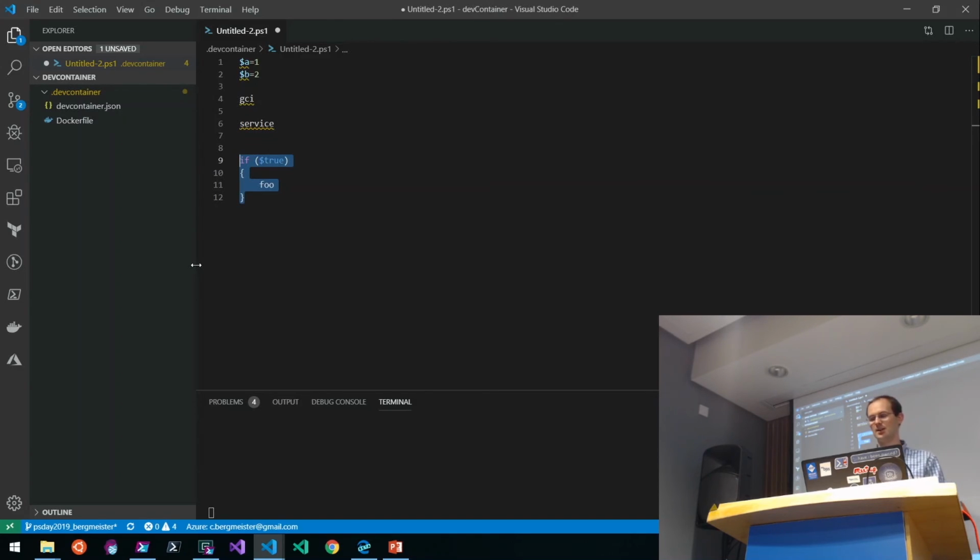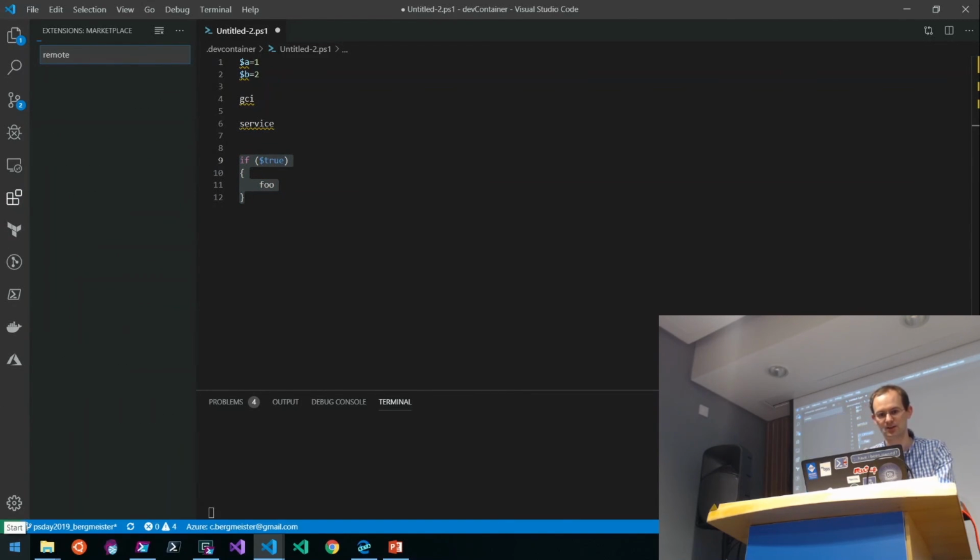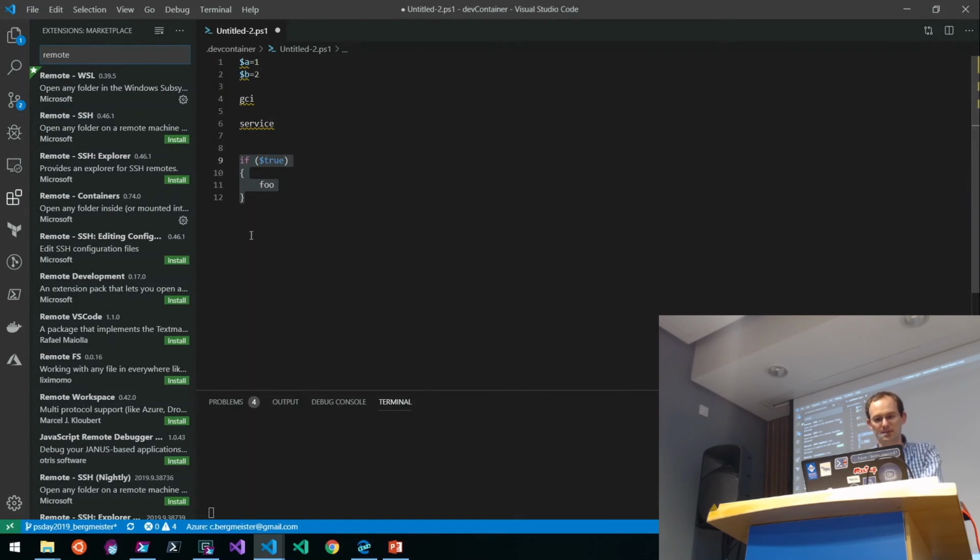And the idea is on your dev box, maybe your dev box doesn't have much power and you're compiling something really hard, or when your code runs, you require something beefy. Maybe you're doing machine learning, you maybe have a GPU in your other room that is doing the hard work. And people used to add a remote into those systems and then install an editor. Actually, you want to just have like a server in the back of the room that does the work and just have a light connection to it. And with those extensions, so they are called remote development tools, there's the one for WSL, which is the Windows Subsystem for Linux, for SSH, and